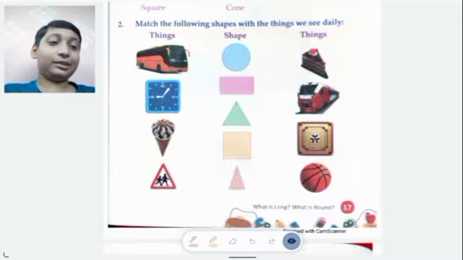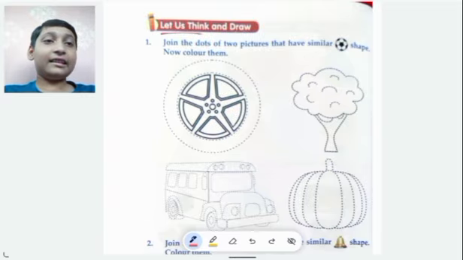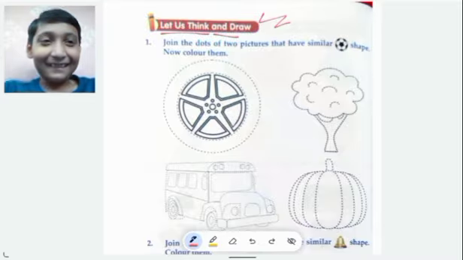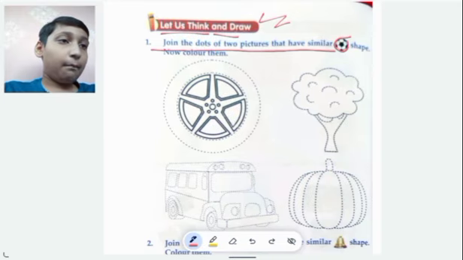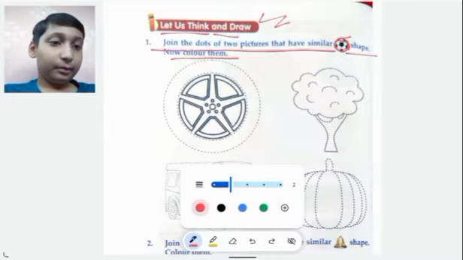You may think, what was the use of circle, by the way? Okay, let us think and draw. Join the dots of two pictures that have a similar ball shape and now color them. Which have round shape, which are round. So now we have to take out the black